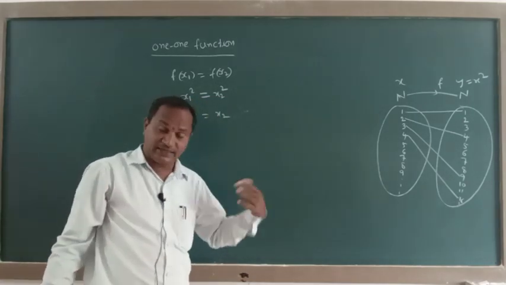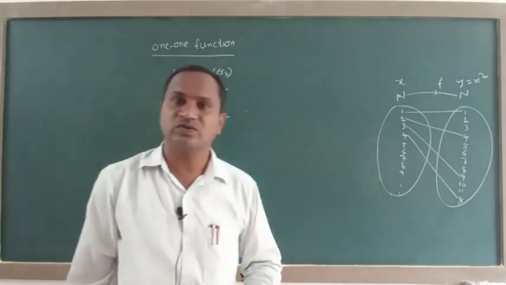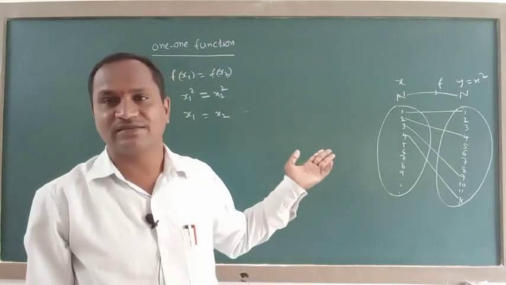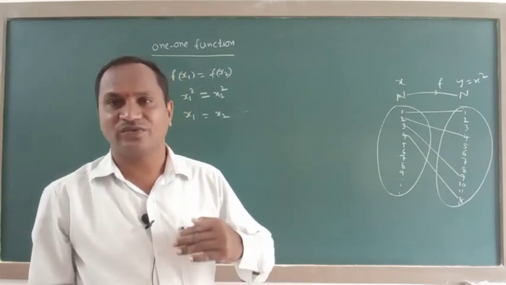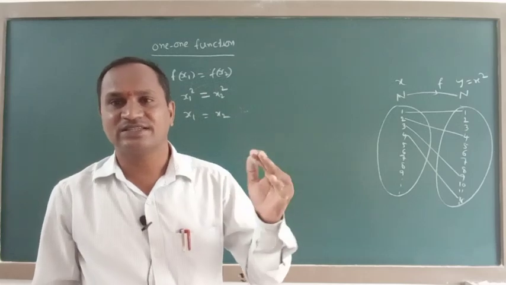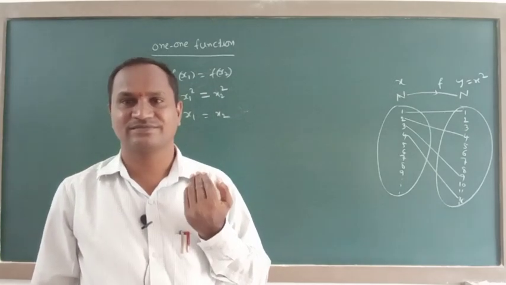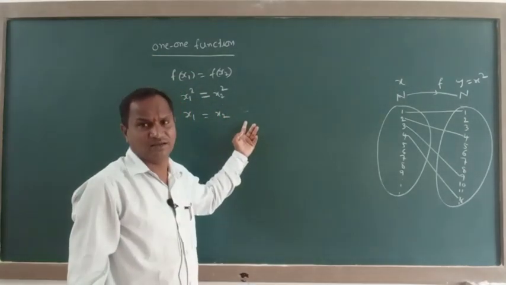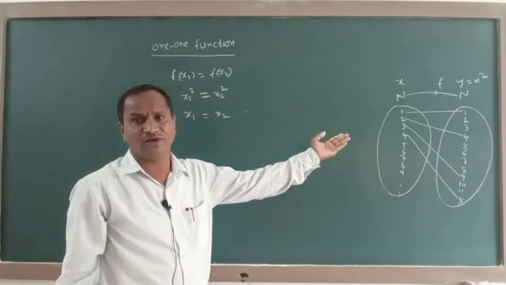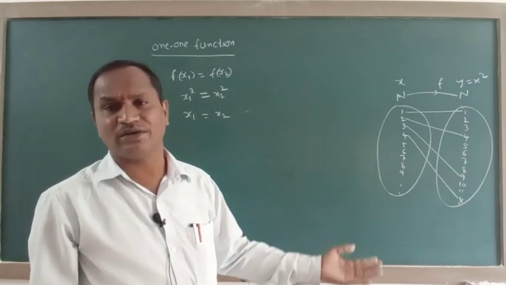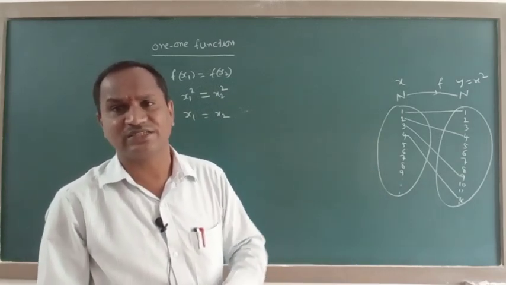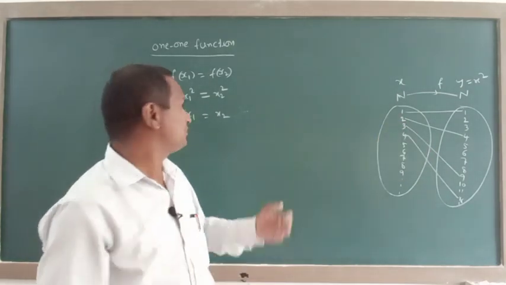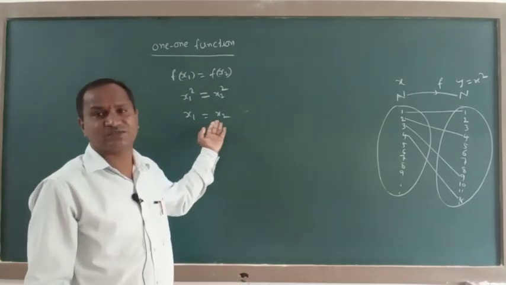Otherwise you may raise doubt also. x1 is equal to plus or minus x2 will come, because we define this function on the set of all natural numbers. That's why we are neglecting negative numbers, just including positive numbers. x1 is equal to plus or minus x2 will come generally. But this function is defined on the set of all natural numbers. In case of natural numbers, we are not getting negative numbers. That's why we are neglecting them, including positive numbers only. That's why here I have written only x1 is equal to x2.